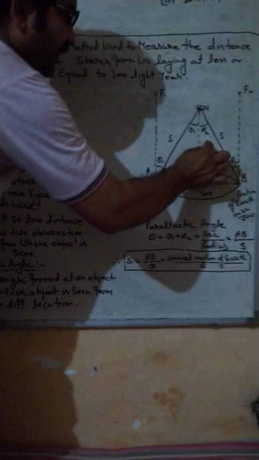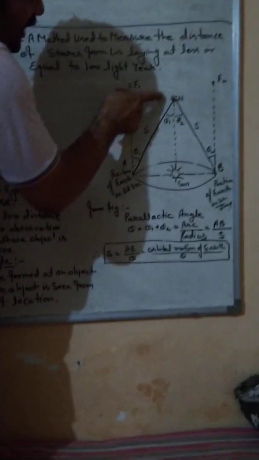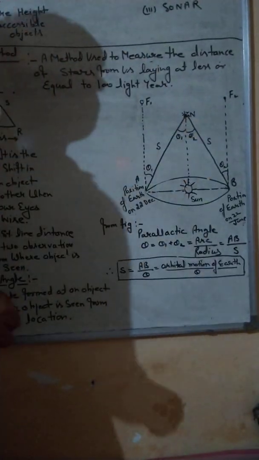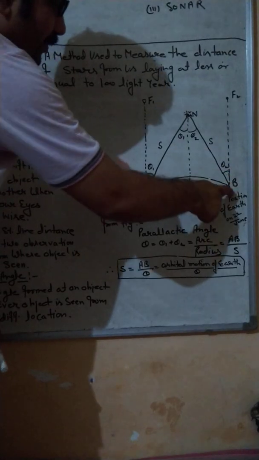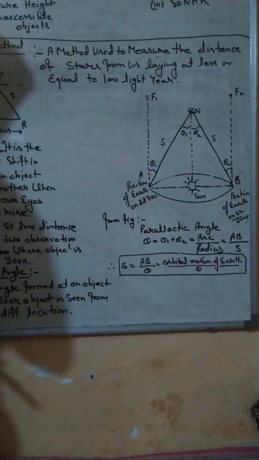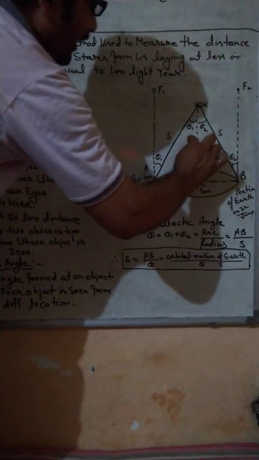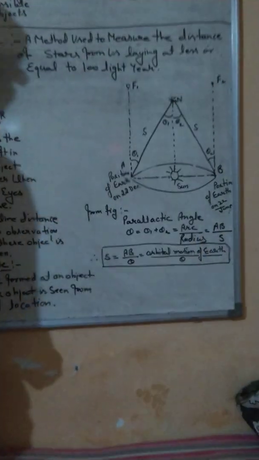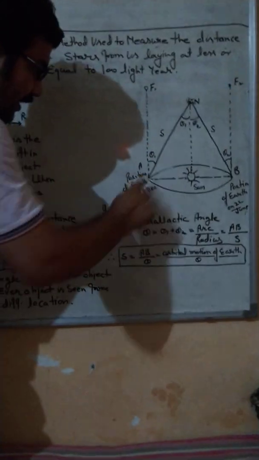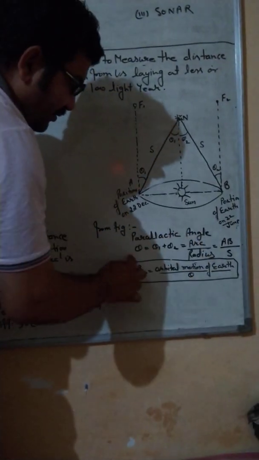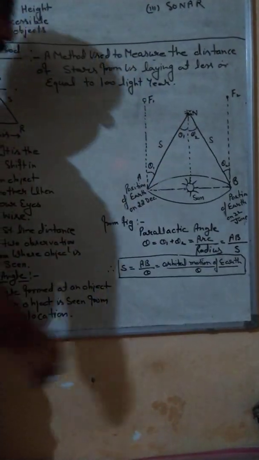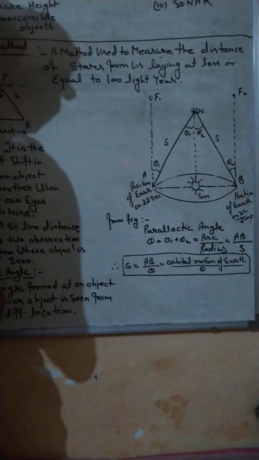Now theta 1 and theta 2 combined together form an angle on the nearest star, and that nearest star seen from two different locations, as we have studied already, is known as the parallactic angle. That means both angles combine together to make the parallactic angle, and from the figure it is clear that the parallactic angle is equal to theta 1 plus theta 2, but by the formula theta equals l by r, there is